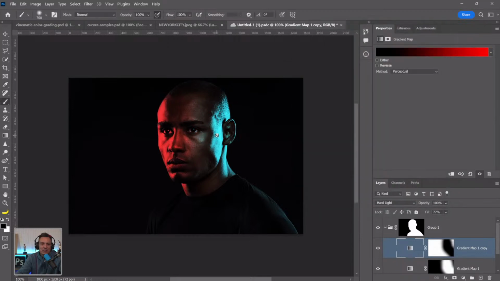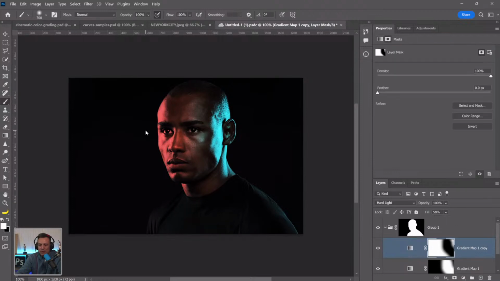So this is one technique that you can use. If you don't want the red to be so strong, you can definitely bring down the fill and adjust it accordingly. And also, since we're working with a layer mask, you can paint with black to hide the effect in other areas. So maybe there's